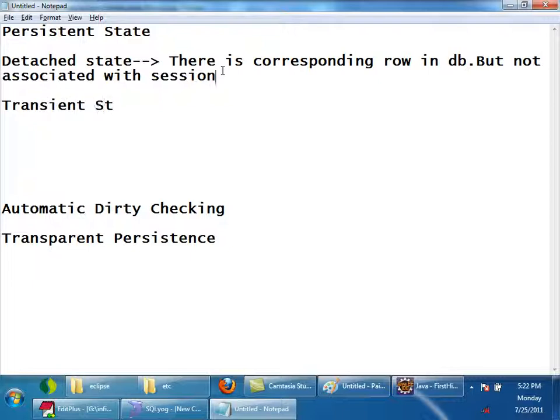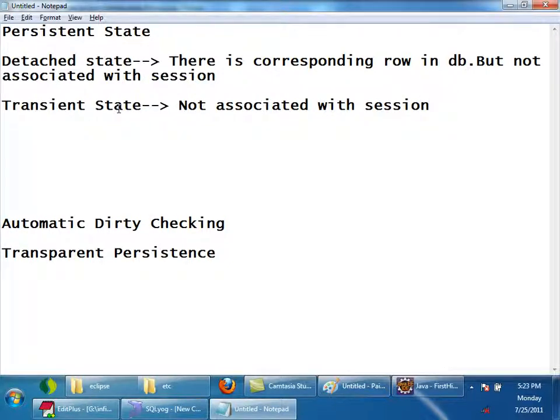Now let me clearly tell you the difference between transient state and detached state. In the transient state, is it associated with a session? Not associated with the session, or persistence context, I can say. And is there a row in the database? No row in the DB.